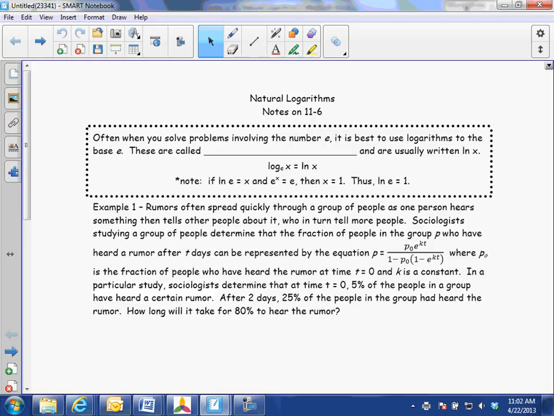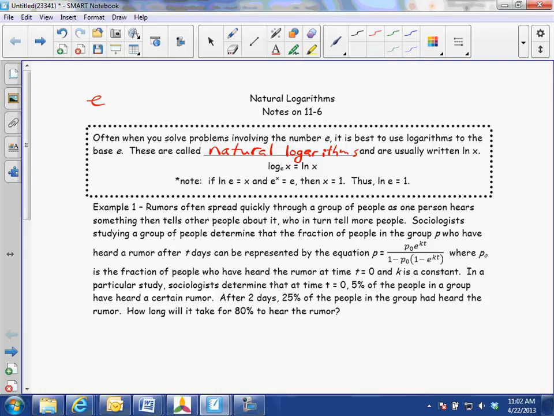Okay? So it says, often when you solve problems involving the number E, it's best to use logarithms to the base E. These are called natural logarithms. What does E do again? E is usually used as a base, like E to the power. It's 2.71828. Okay, E comes up a lot